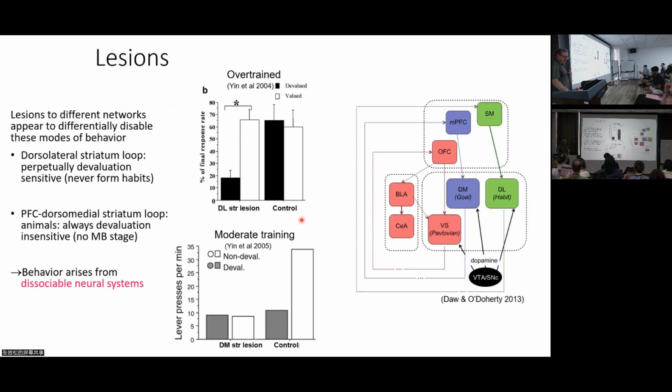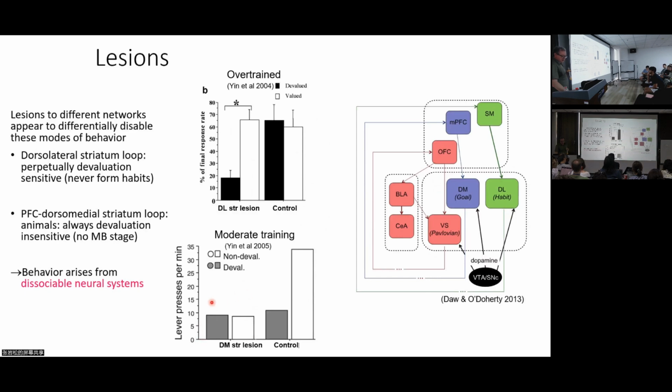So that is to say, in one example, you could overtrain rats. You could get them to a situation where control animals are habitual. They'll lever press just as much for food they don't want as food they want. But if you take out the dorsolateral striatum, or dopamine into dorsolateral striatum, or associated cortical areas, you find that they never form the habit. Even after overtraining, these animals, unlike control ones, continue to be devaluation sensitive, continue to be goal-directed, like model-based in our terms. And conversely, there's a set of areas, medial prefrontal cortex and dorsomedial striatum downstream from it,